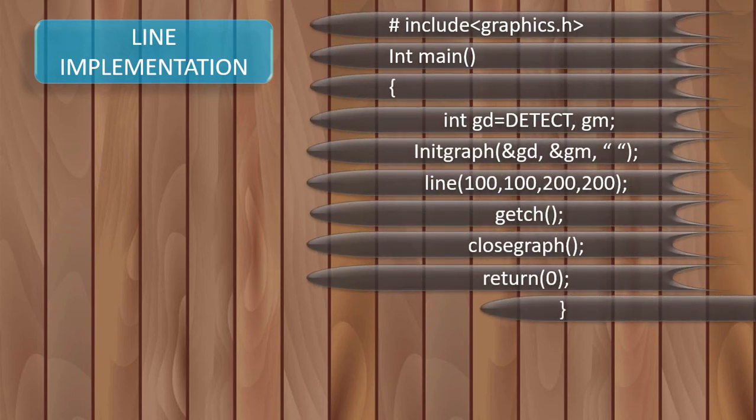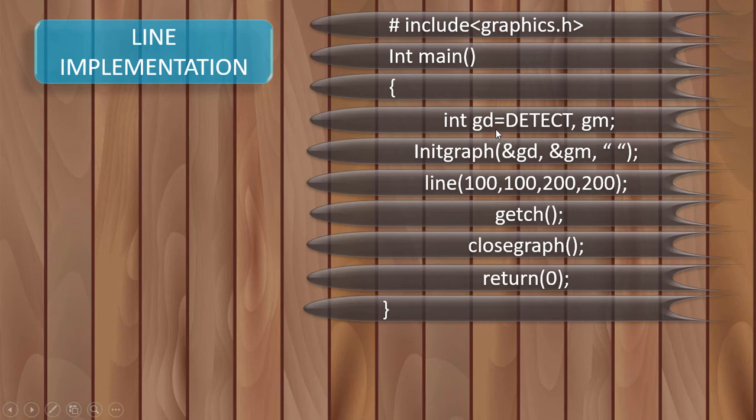As we are implementing it in C, we need to include header files first. So #include <graphics.h>, this header file we have included. Then we start with our main method. Main has an integer data type, so it will return something. Here there is no specific condition to return otherwise, so this main method will return 0. Now the variable declaration: here are 2 variables, GD and GM.